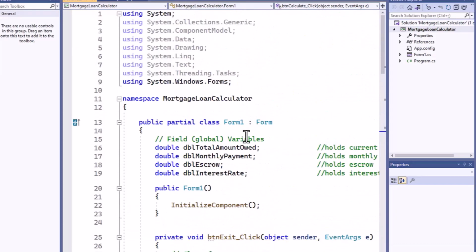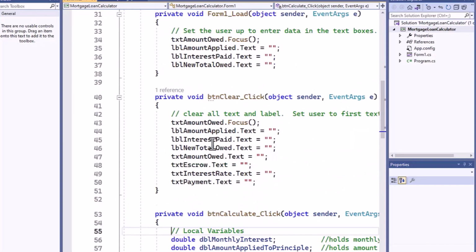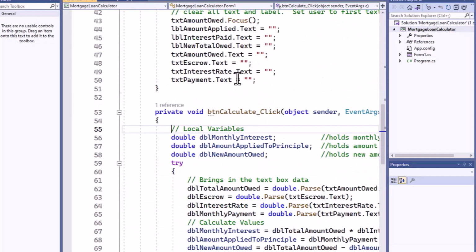But we've got all our programs sitting right here. All the variables are sitting up in here in the global area. Here's our exit button, our form load, our button clear, here's our button calculate. Now let's say we want to stop the program in button calculate and start to investigate these variables. What we'll do is set up a breakpoint. We can put one right here if we'd like. And there it comes. You get a little red dot coming on here, and that means the program is going to stop at this point and allow us to go into the code